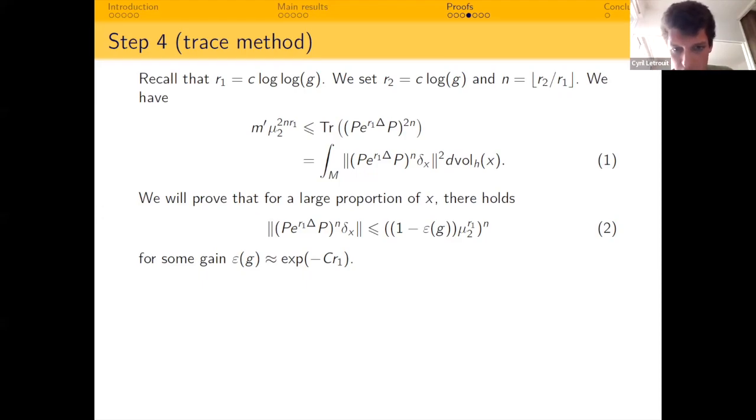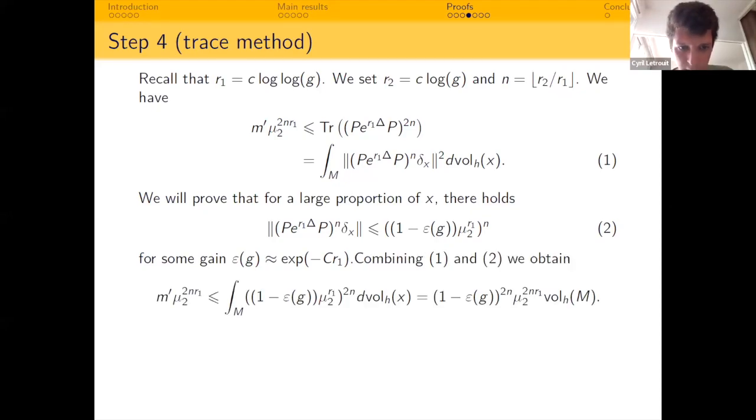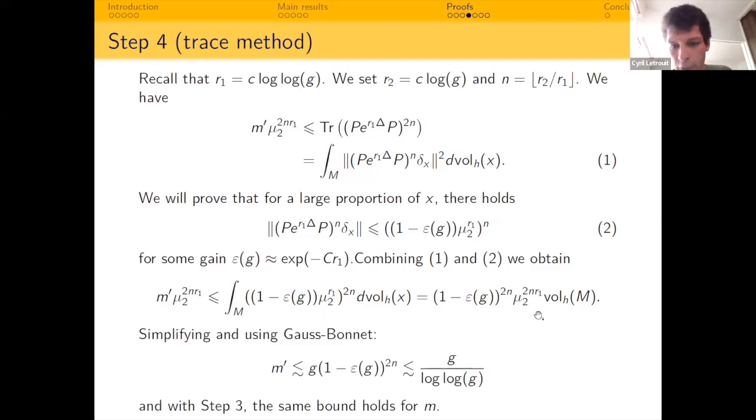And how to finish the proof once you have this? You combine 1 and 2, you just plug in, you use the expression for the volume of M, because in this bound you don't see X anymore. So the integral is trivial. And using that the volume is related by Gauss-Bonnet and our bounds on curvature that we've fixed, you get